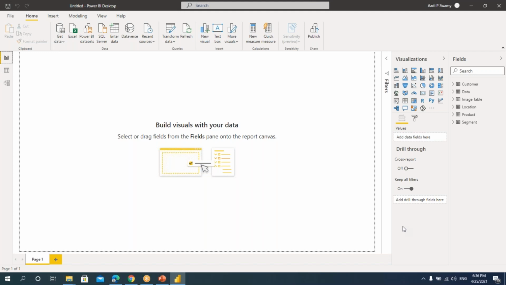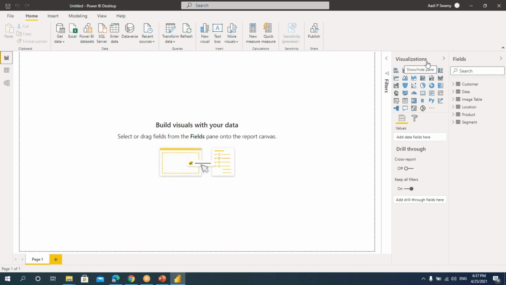If you want to create some reports in Excel, we have to align the data. We have to create the reports. There are a lot of things you have to create. You have to create some formulas. Then again, you have to create, say, pivot tables. From there, we need to create some slicers. A lot of things we have to work on in Excel files. But here, it's not like that.